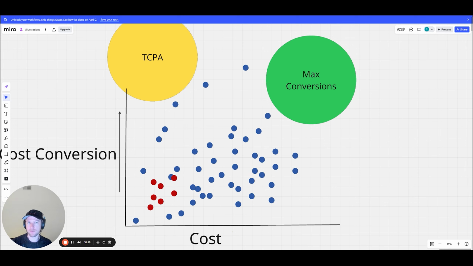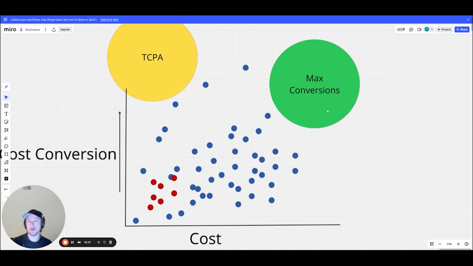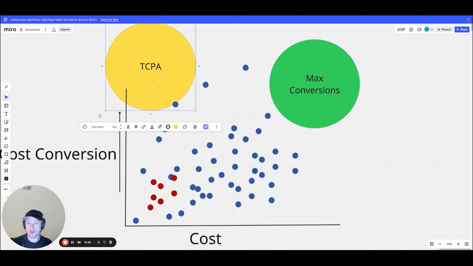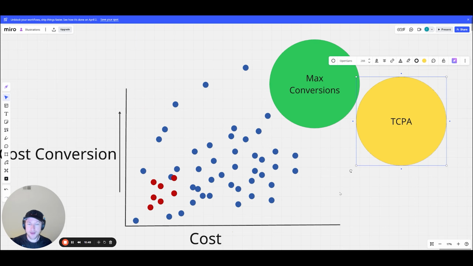And in most scenarios, clients want to scale, and so we typically stick with max conversions, and even use a hybrid strategy, like I mentioned earlier, to feed the max conversions and scale that as well. So you have to understand, like I said, where you're at. Know the volume. If you have enough volume and your goals aligned, you want to get more restrictive, target CPA only. That's going to be the move. But I'm not a huge fan. I use Target CPA more as a middle and bottom of funnel campaign because it's just going to scoop up from the bottom, really, at the end of the day. So, with that being said,